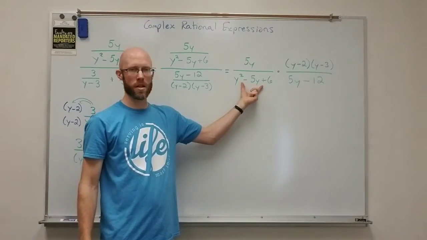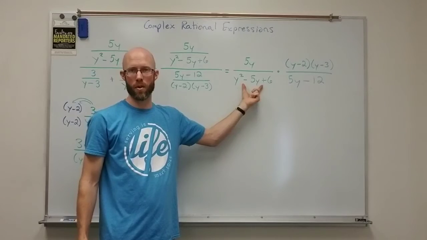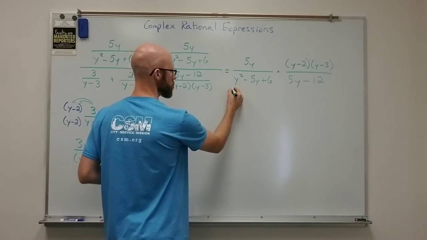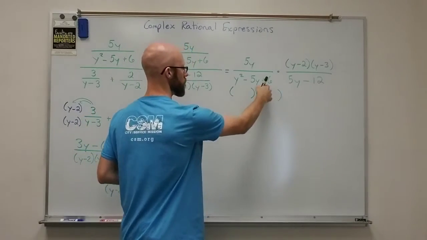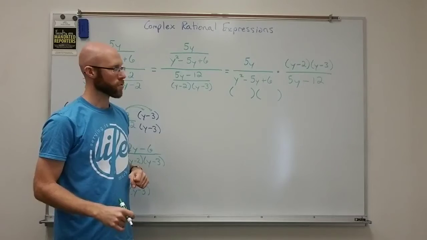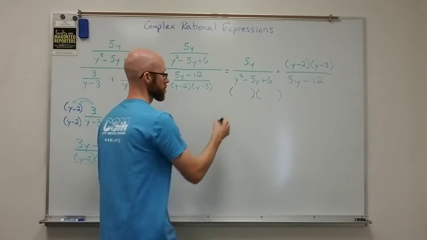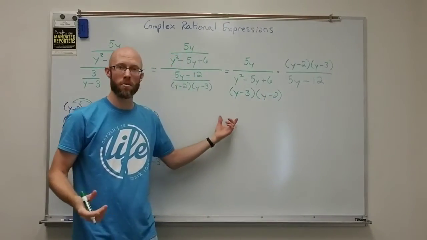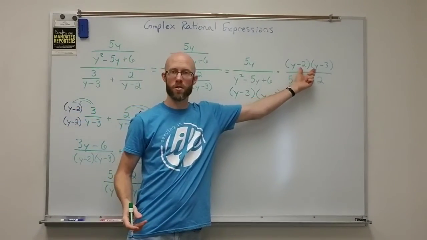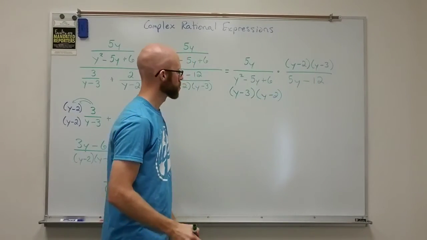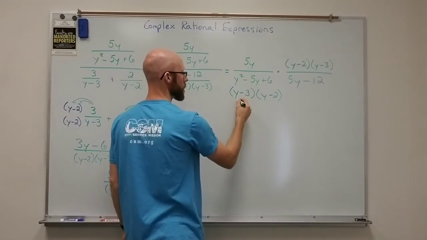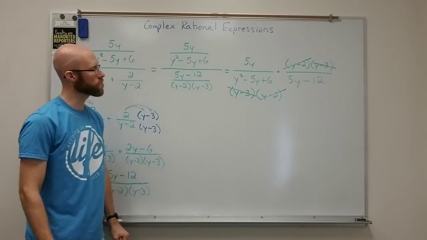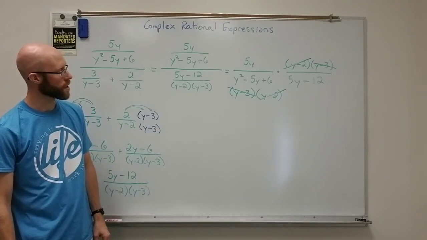but let's factor this first denominator and see if we can get it to cancel with anything. I'm going to factor it into, let's see, factors of 6 that add up to negative 5 are going to be minus 3 and minus 2. So we can make it y minus 3, y minus 2. And lo and behold, both of those will cancel off with the two factors up on the top right. So I would cancel off the y minus 3's, cancel off the y minus 2's,